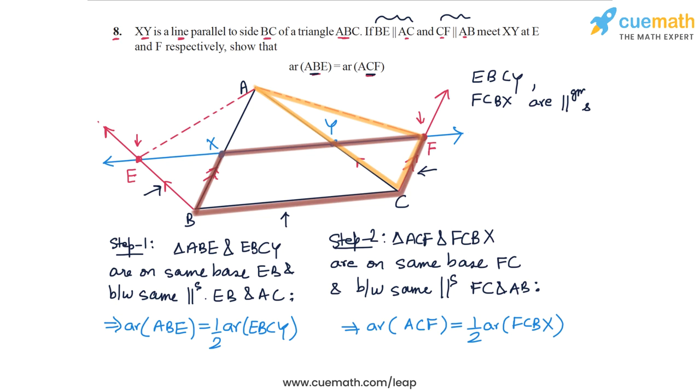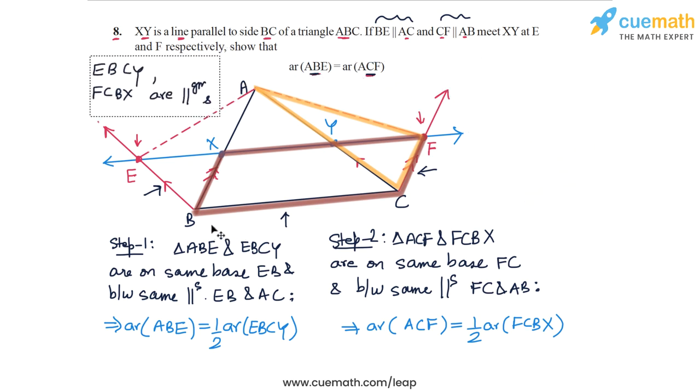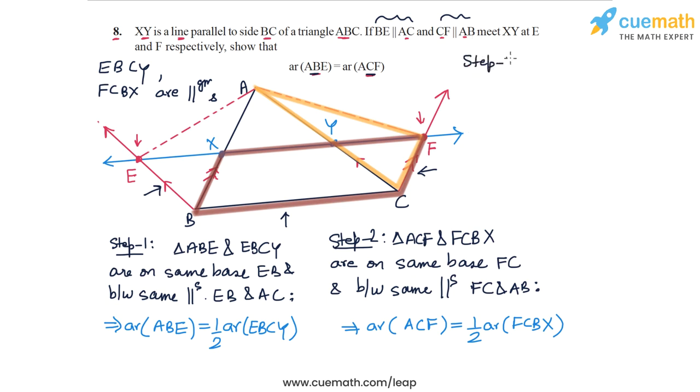Okay, now finally let's come to step 3. Let's make some space to write step 3. So I'm going to move this text to this side, and here now we're going to write step 3. So in step 3, we said that we will compare the parallelograms EBCY and FCBX. So let's do that. So EBCY and